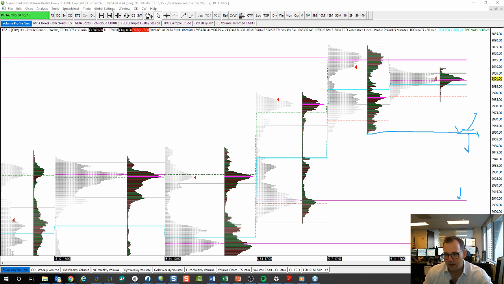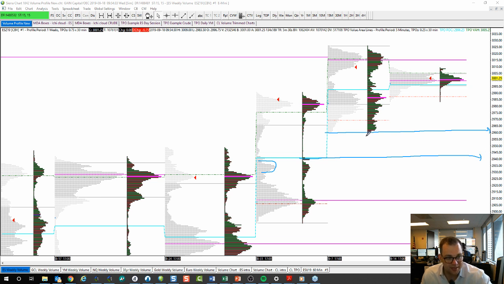Very basic thing. Maybe it worked for you, maybe it doesn't. I want to know when we're hitting into those levels. And if we do hit this level, where's a target? Well, probably where we spent a lot more time and probably where we had a pickup in price. So if we do get through this 60, 65 area, this is target number 1. If we break that, what's the next area? Maybe here.